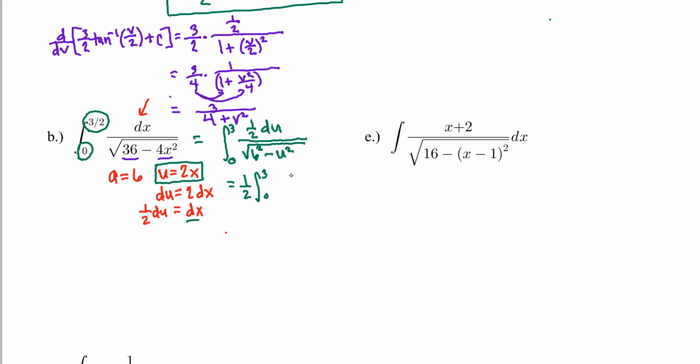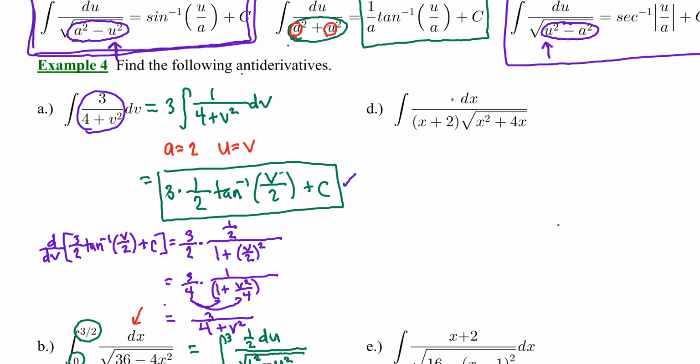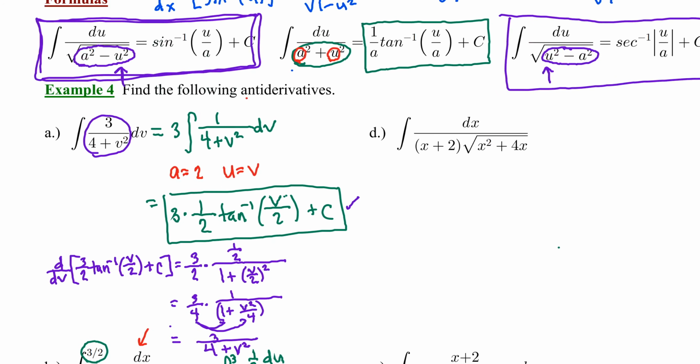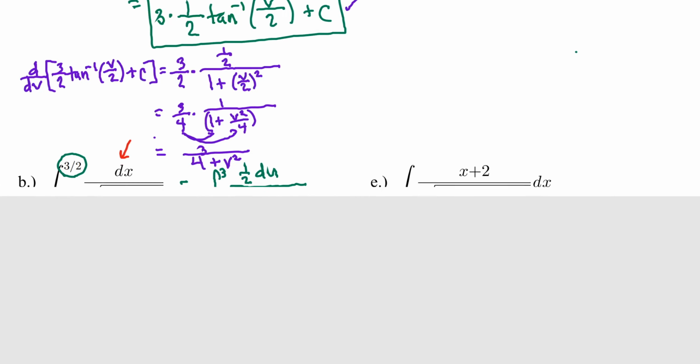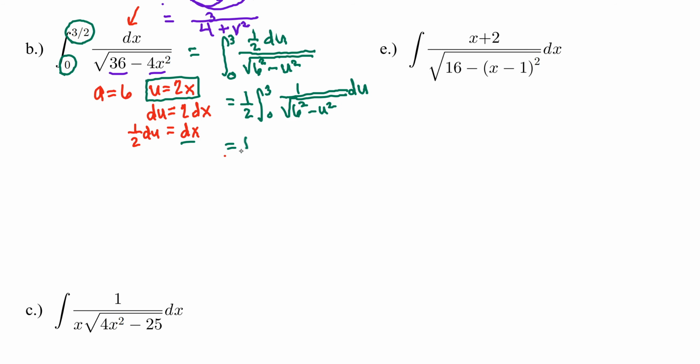So I'm going to move that 1/2 out of the way. The du can either go in the top or the bottom, whichever you prefer. Not the bottom, the top or the side, whichever you prefer. Now, this matches the given formula. So we can look at our given formula and notice the antiderivative is going to be inverse sine of u over a plus c. So applying that to our specific problem, we get 1/2 inverse sine of u over a